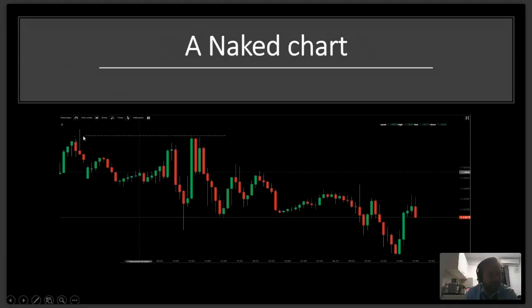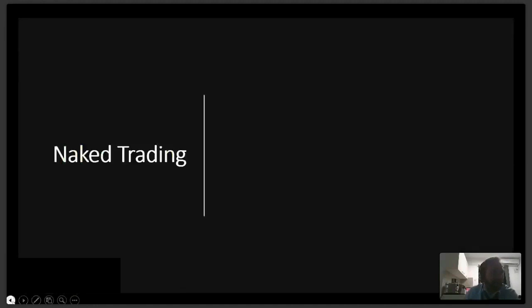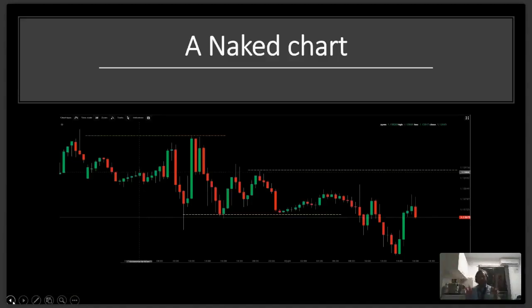So straight away, we can see with our naked eye where the high has been in those 30-minute sessions here and where they're selling from. At the same time, we can see a potential level of interest where traders have been buying in from. We can also see another high again, where the market has also been selling from. So going back on my chart, this naked chart